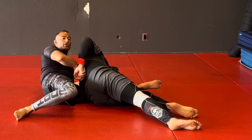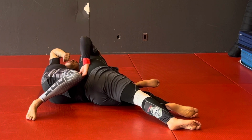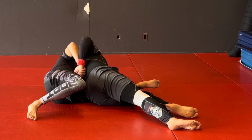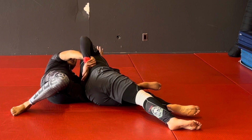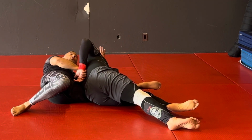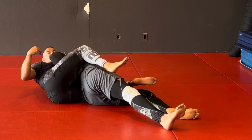Now, I can do one of two things. I can stay tight here and just wrench my arm up in this position to finish this kimura, which is usually what I try to do. Obviously, I'm keeping my hooks here, right? And I'm just extending to finish that kimura. You can see how much leverage I can get here. It's super easy. Or I can just hug him back into me, and once I'm here, his arm is stuck,